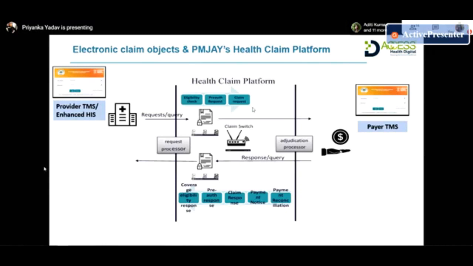Even when, for example, in terms of bed charges, normally what happens is when a patient arrives at a hospital, he is informed, because there is always a TPA desk there. He is informed you are eligible for a general ward, but if you want a double sharing or twin sharing room, the balance you have to pay. So there will be a co-payment automatically taken care of, because they already have a configuration with respect to the insurance provider